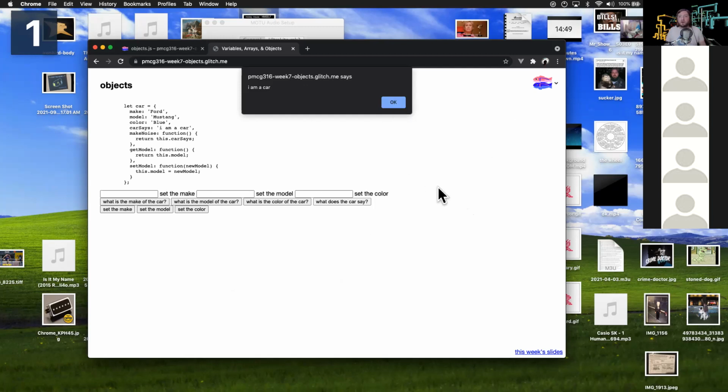Now imagine that I have an array. I don't want to clone all the methods and stuff, I'm not going to bother copying them, but